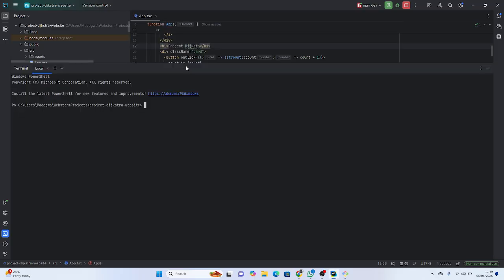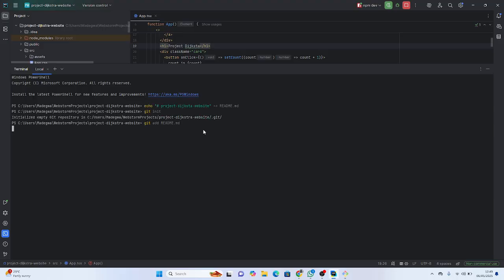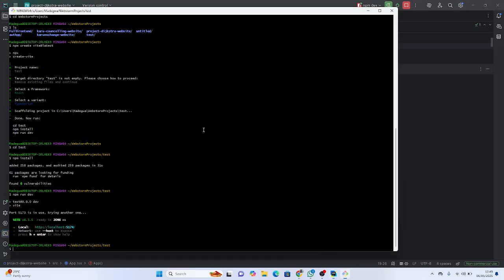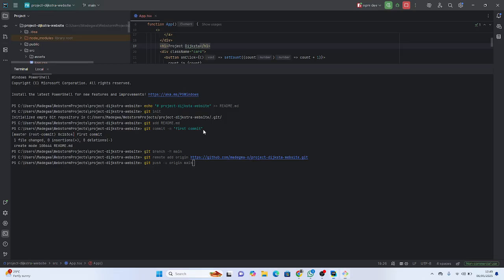So let me expand this. I'm in the terminal, I can do a control V, and it's control shift V if you're on Linux. If you're using PowerShell, I believe this one is a shift insert. So I just pasted the commands, I can do an enter. So it's doing a git push, that's the last thing it does, and I can give it the username, my GitHub username, that is my Dijkstra,